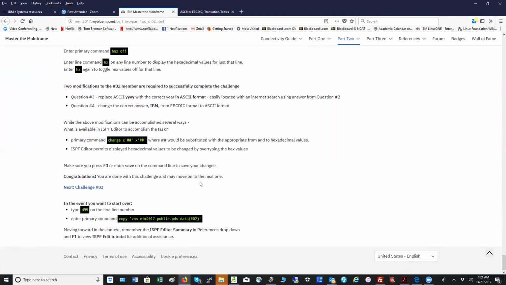Now, what we have to do to finish challenge 2 part 2 is replace these 3 Y's with a year. That's the answer to a question, and I'll explain that to you, from the answer to question 2. And then question 4, we're going to have to convert IBM from EBCDIC, which is what it is in z/OS natively,